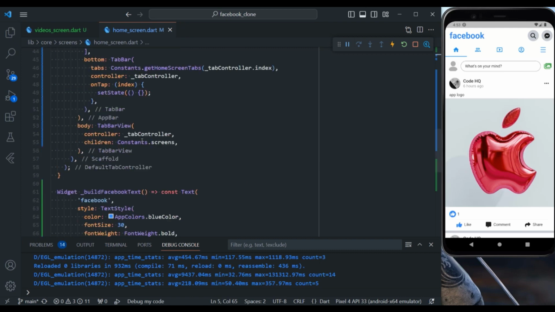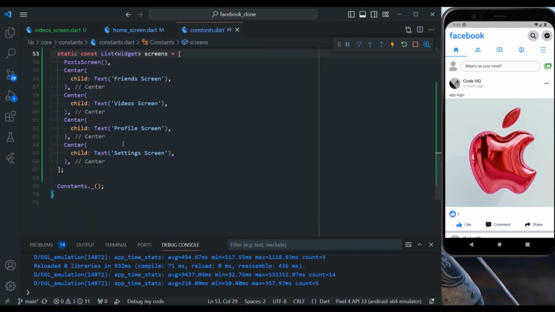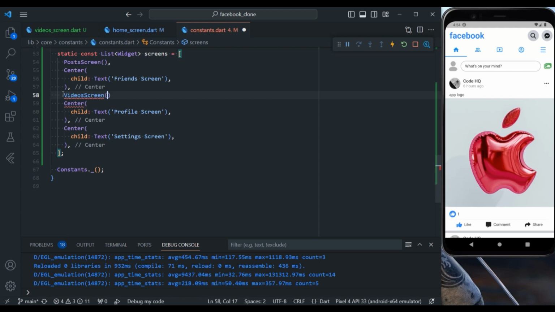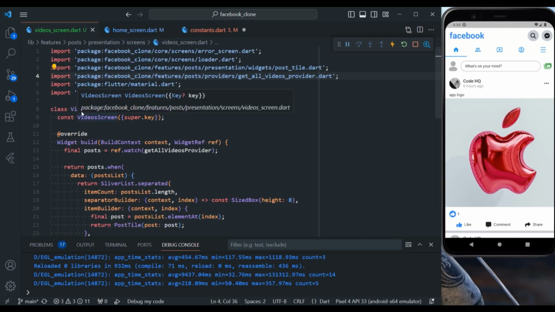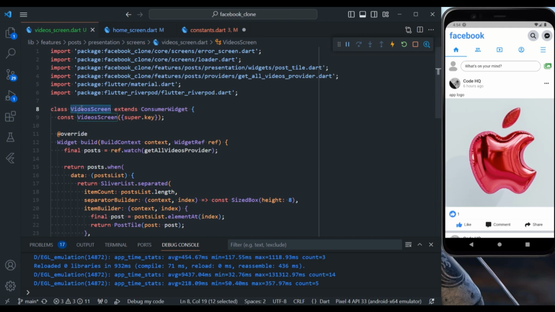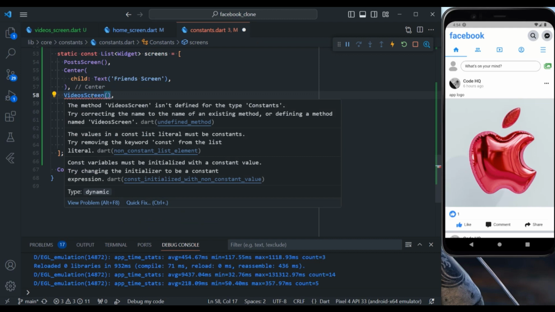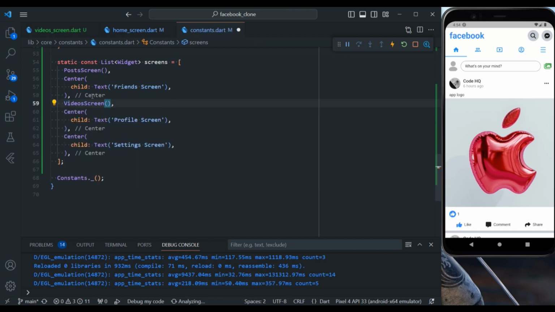Here when we define our tabs, instead of this text I'm going to put my actual home screen. So let's say videos screen, and we may have forgotten to name it videos screen. This is actually videos screen. So let's copy it and also paste here. I'm gonna import it,